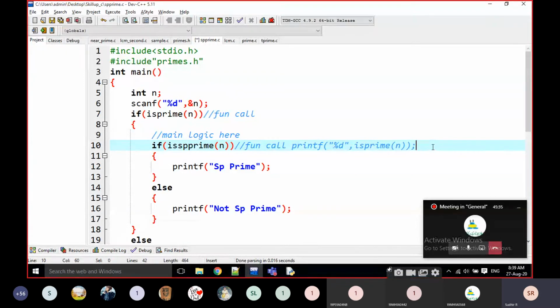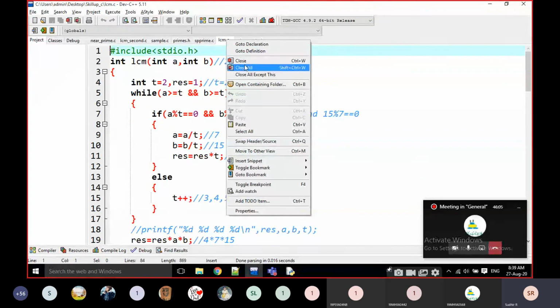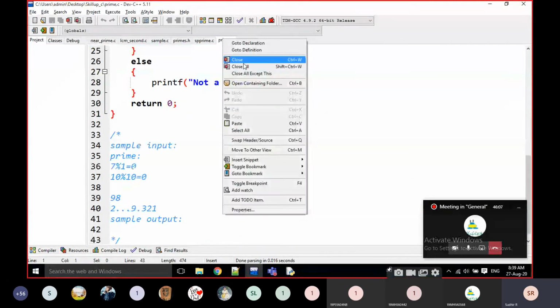For example, if I am writing in an if condition, what is the final value of the condition every time? The condition value is always 1 or 0. The conditional value is always going to be true or false. The same thing here also, I am passing is prime of. Yes, this is true or false. That's it, nothing else. And the remaining all are close it.